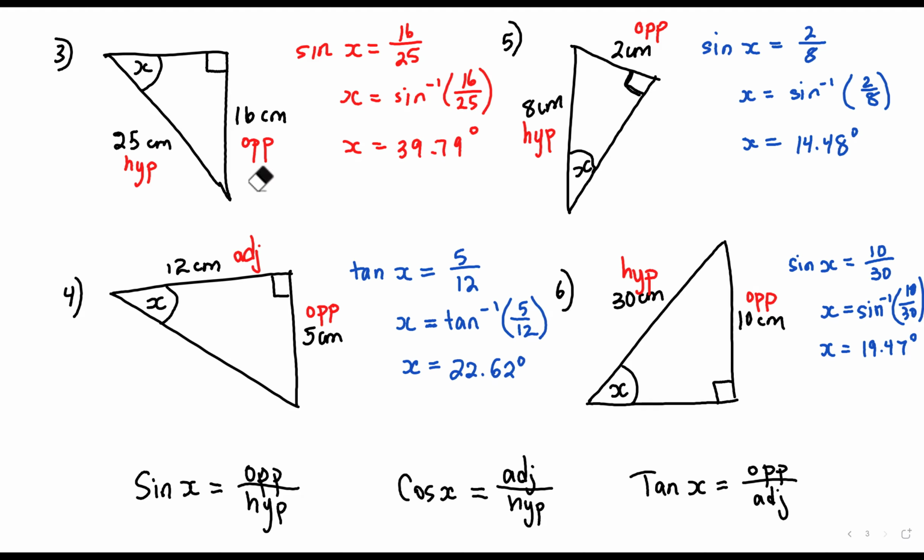So anytime you have to find an angle, you have to take the inverse function of the ratio. If sine x is equal to 16 over 25, then x will be the sine inverse of 16 over 25. If tan x is 5 over 12, then x will be the tan